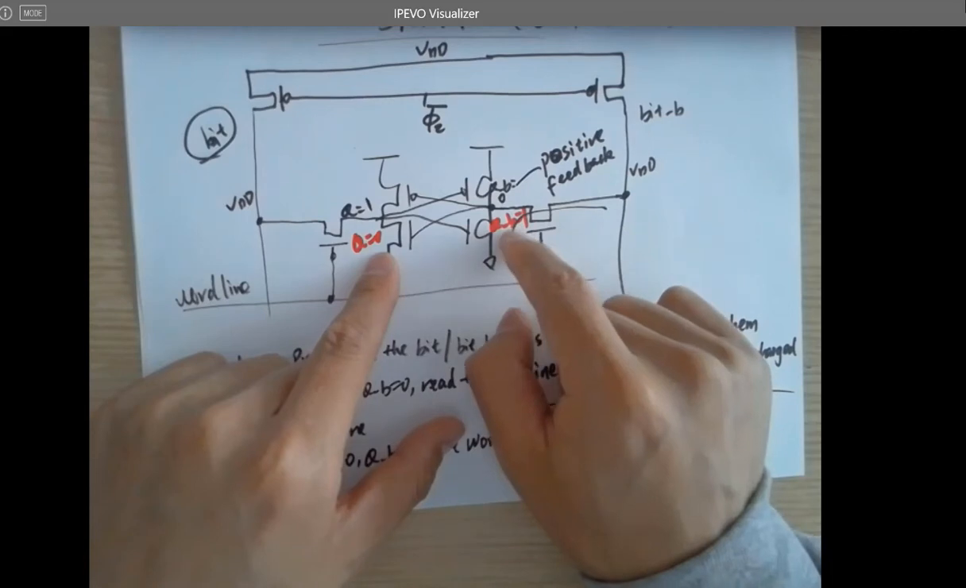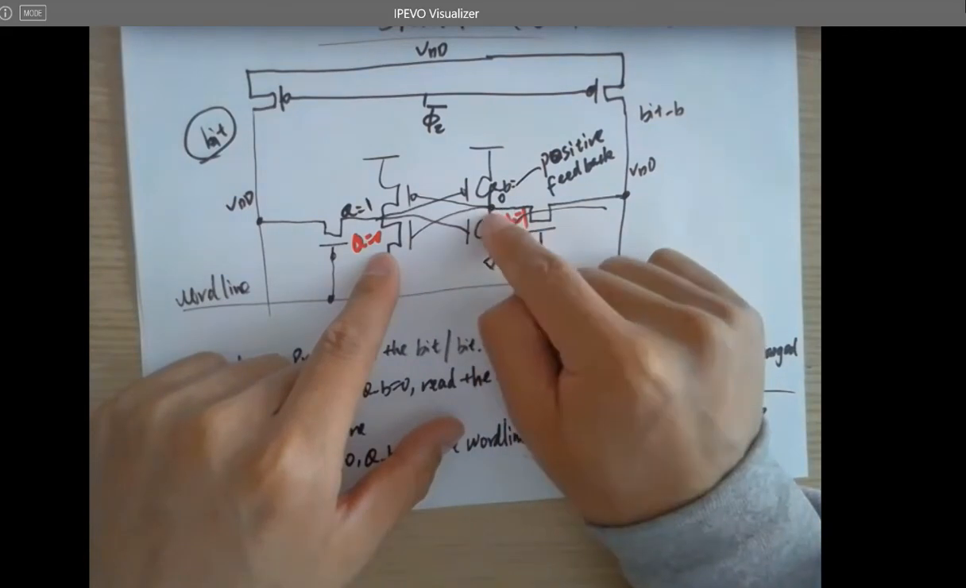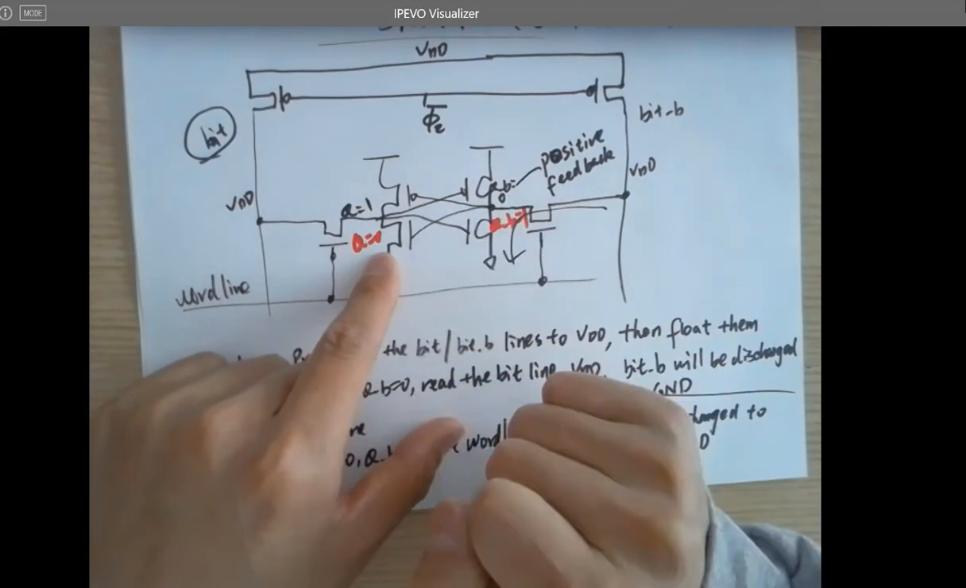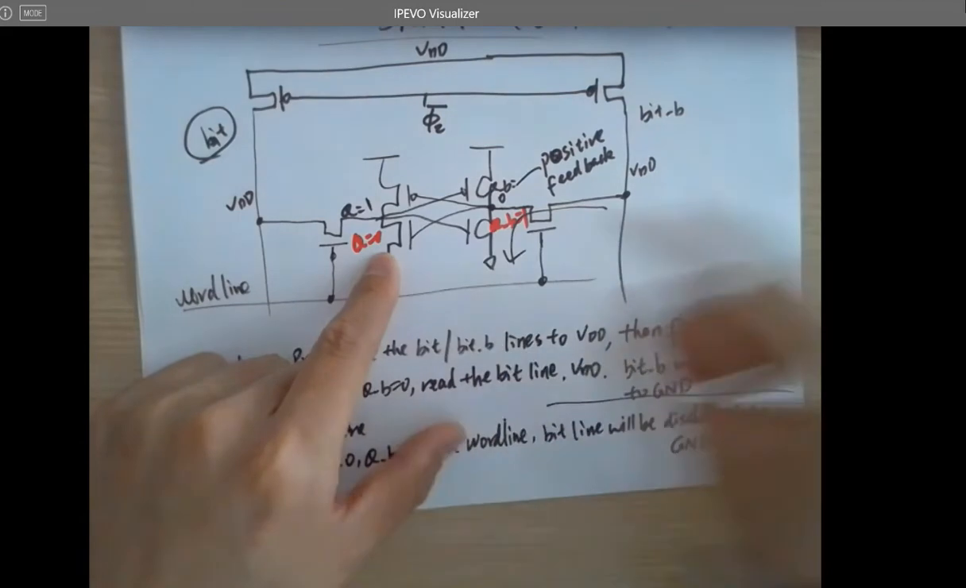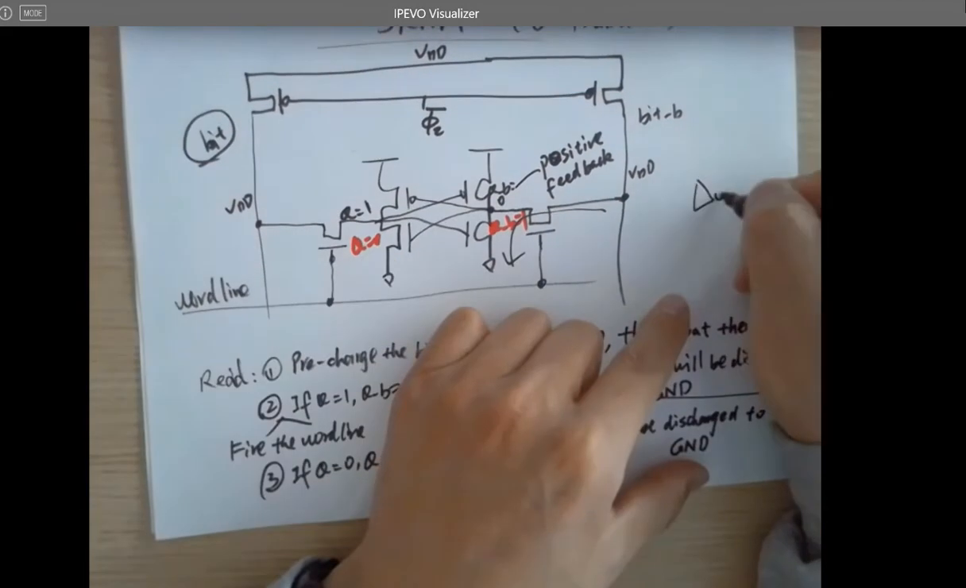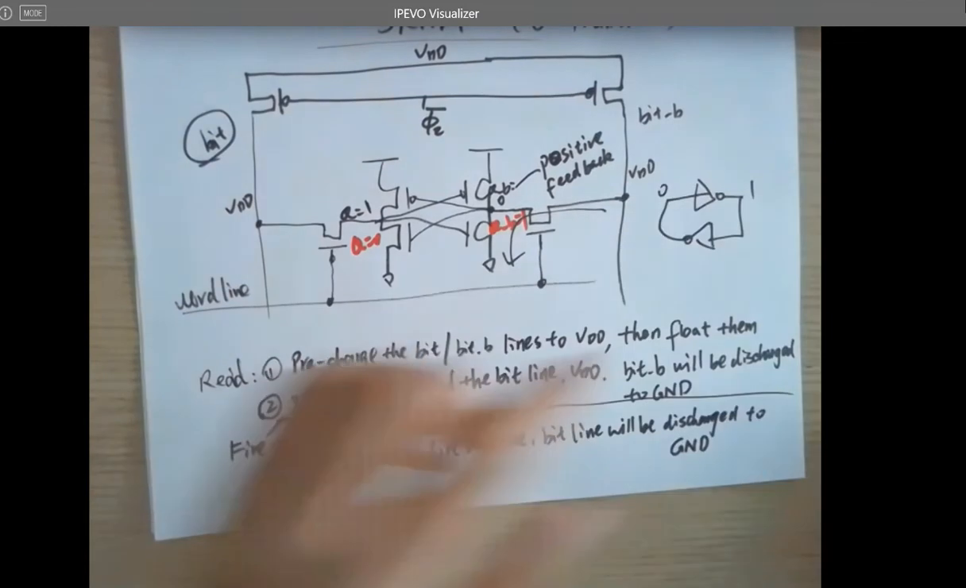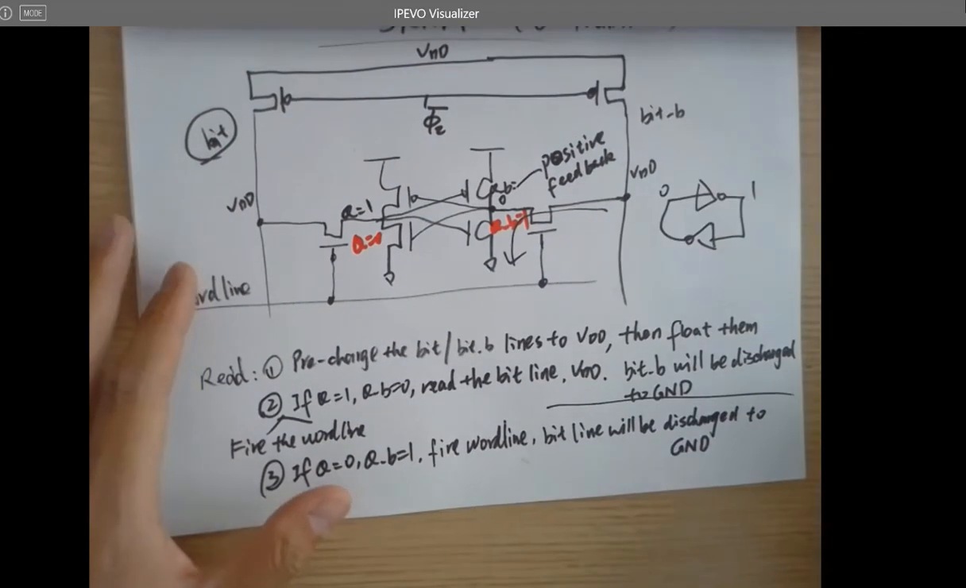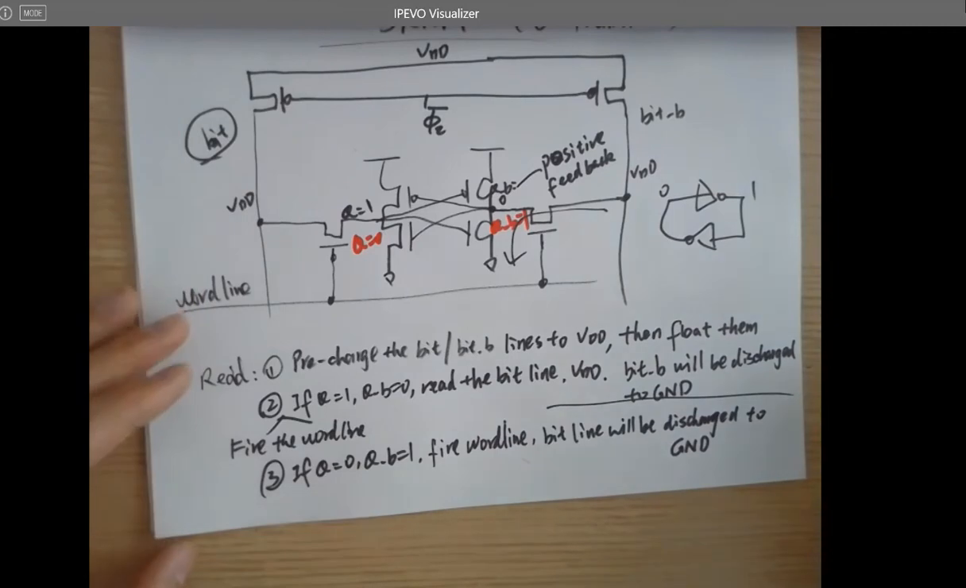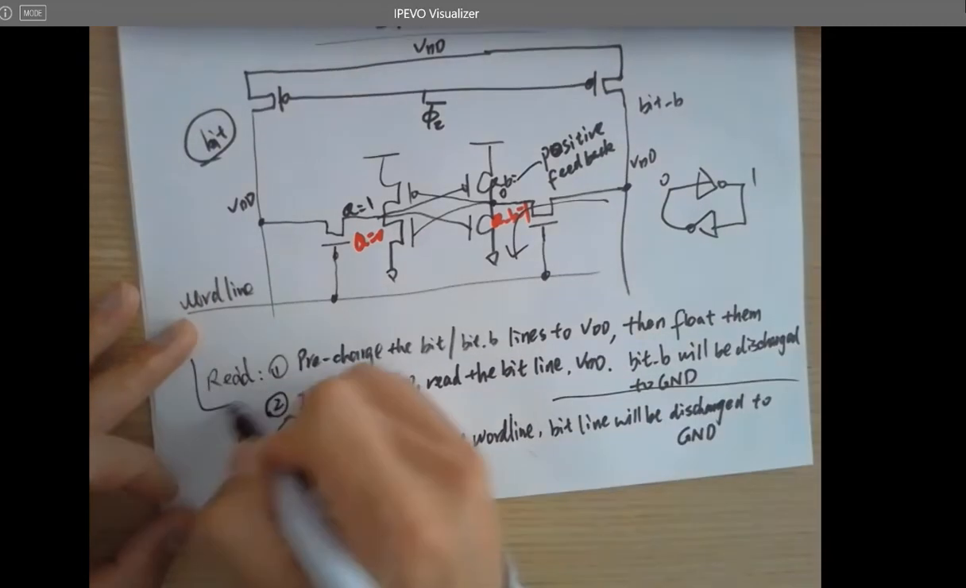So whenever this guy is discharging the VDD, it's not going to change anything. The reason is this guy is super strong. It's holding all the voltages here at 1. If this is 1, it's a positive feedback. If this is 1, it must be 0. No doubt. So that's how you read data from